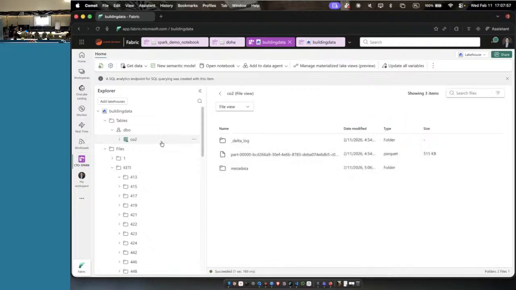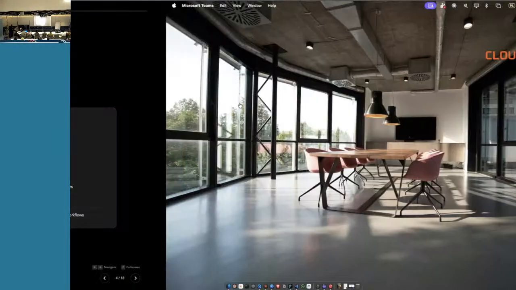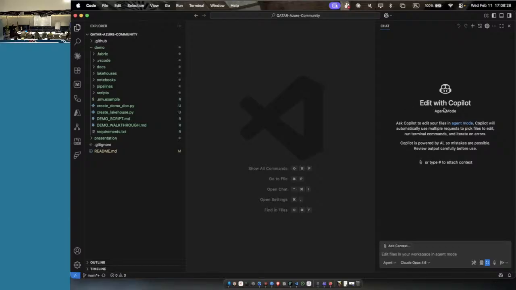Okay, so we touched that. Now I would like to show you the descriptive way, and the descriptive way means that we will go to VS Code. So my development stack is Visual Studio Code, even though in the past I was a lover of PyCharm, IntelliJ. At the same time, I believe as of now, there is no better environment than VS Code. VS Code combined with GitHub Copilot. My productivity changed drastically once I bought a GitHub Copilot license. Not advertising here, but it's really a game changer.